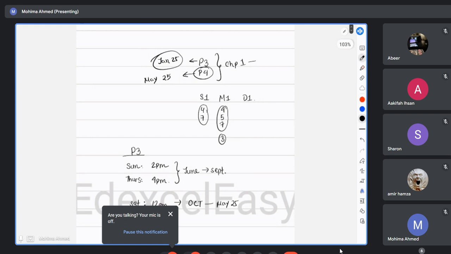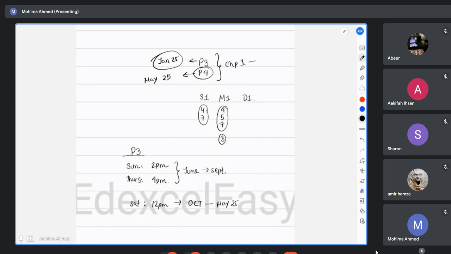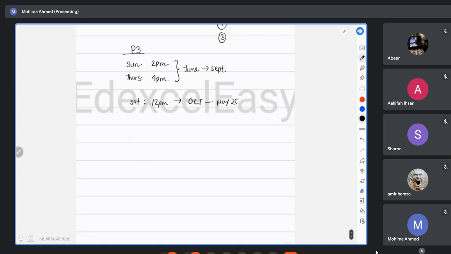Okay, other than that, I'll write down the class times over here, the final class times, so that you guys can use it and let me know after if you continue with the classes. So, for example, P3 will remain the same. I'll just remove all this. So far, we're only starting P3. We'll start P4 from October onwards. So the classes will be on Sunday and Thursday. If I write this in terms of Abir and Sharon's time zone, this is going to be 11 a.m. and 1 p.m.